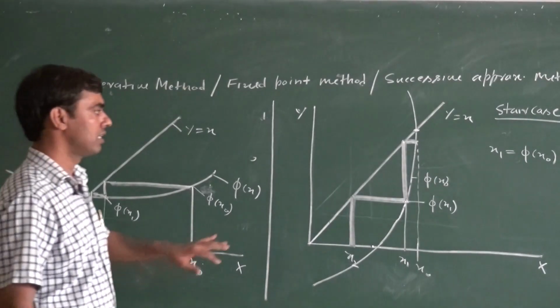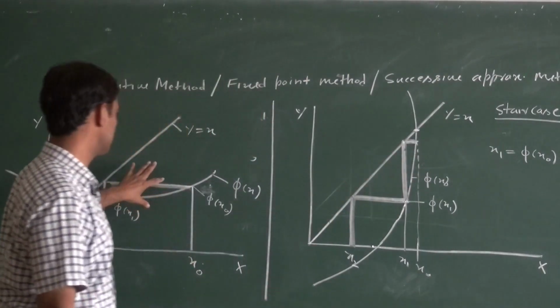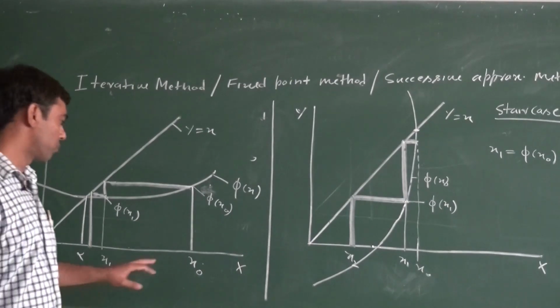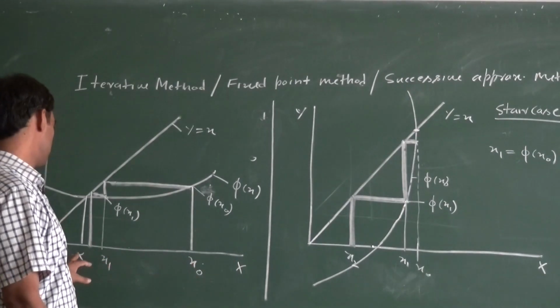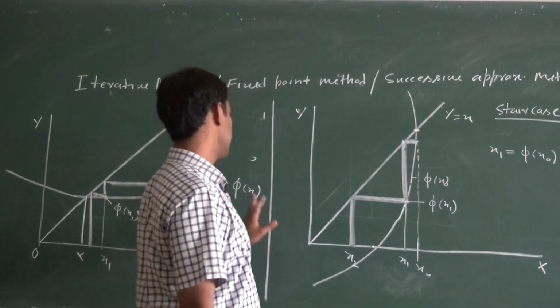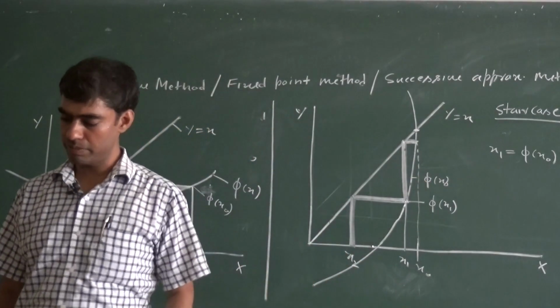But in this case, it is a staircase or monotone divergence, and this is a staircase or monotone convergence. So if we proceed from the initial value towards our actual root, it is a case of convergence. If we move far from our actual root, then this is a